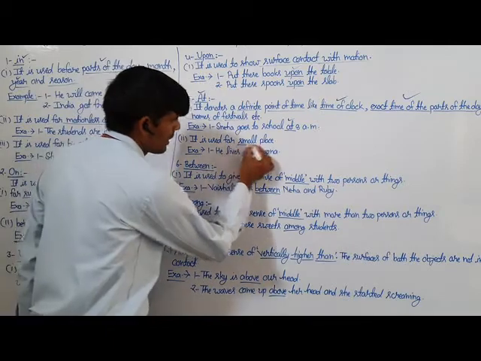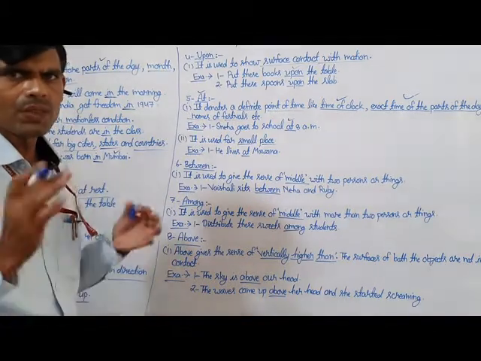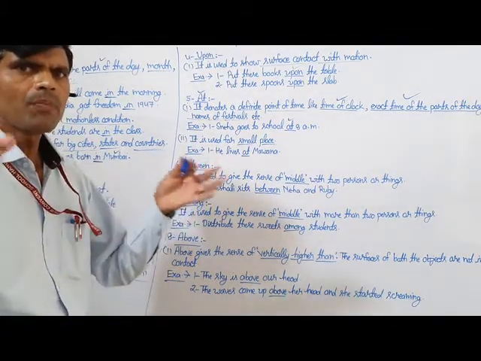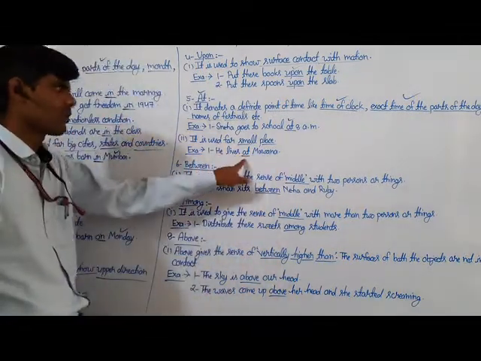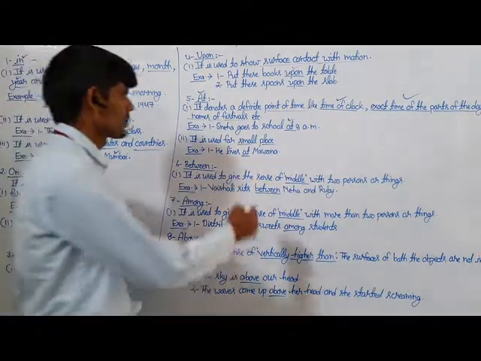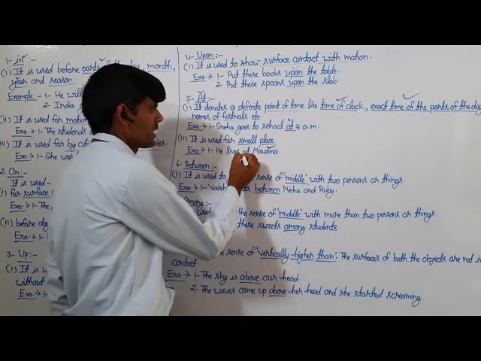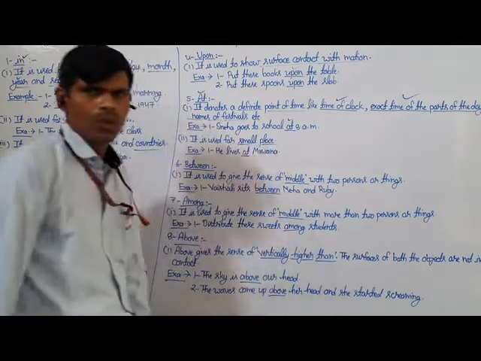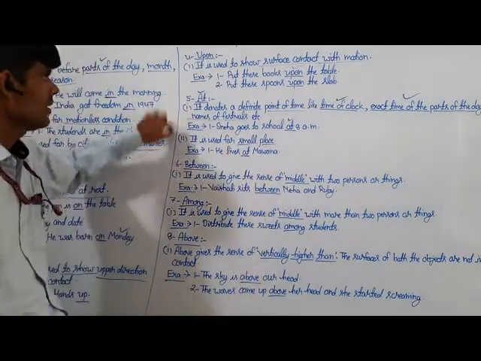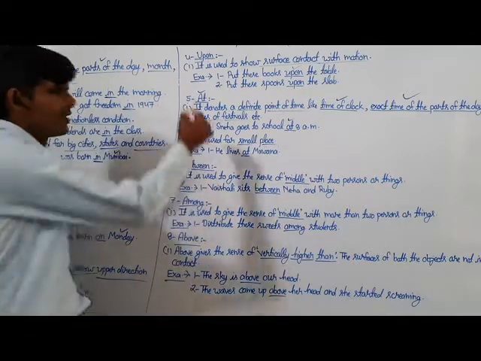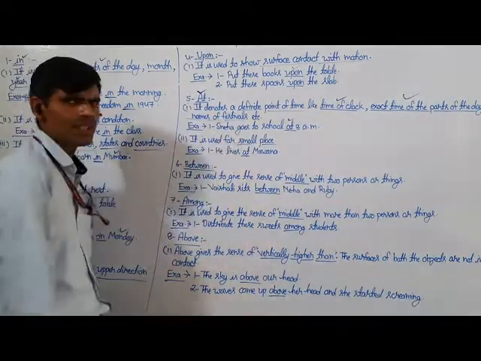And here is the second use of the same preposition at, and that is it is used for small places. At is also used to show small places, such as he lives at Moana. Here the underlined word at is a preposition used to show a small place like a village, Moana. So at is also used to show places which are smaller in size. So here are the uses of the most important preposition at and the related example.